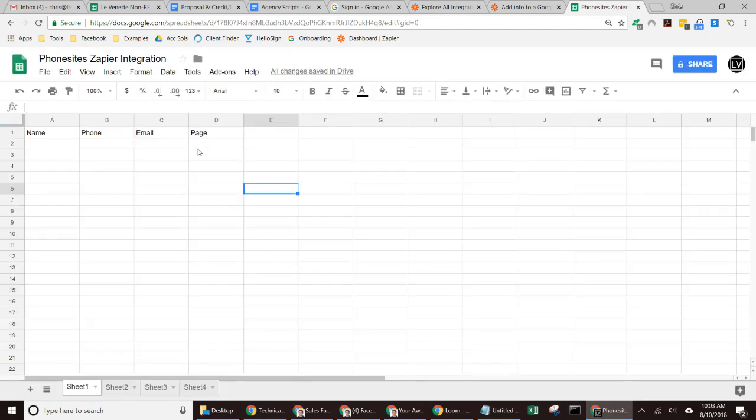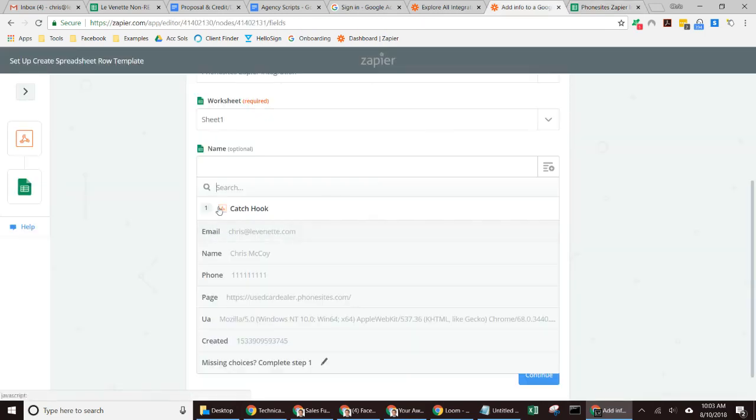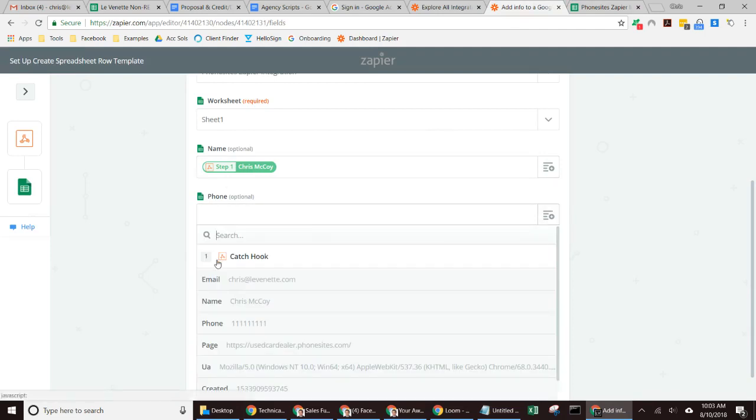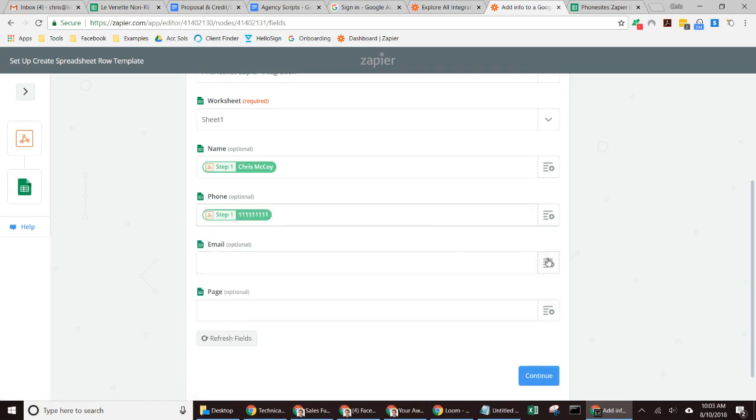You just want to try to make it match in terms of what data corresponds to what. So if one column in your Sheets file is called email address, and then in your funnel it's called email, obviously the data is going to be the same. It's going to be an email, so you want to map those together. You wouldn't want to map a phone number to an email. Okay, so let's go ahead and do this. This is the name column in Sheets, so I'm going to select the name column from PhoneSites for my funnel, and then phone, map phone to phone, email to email,